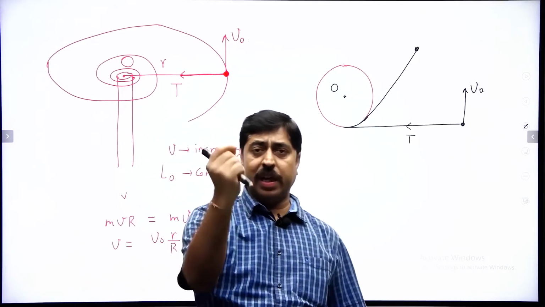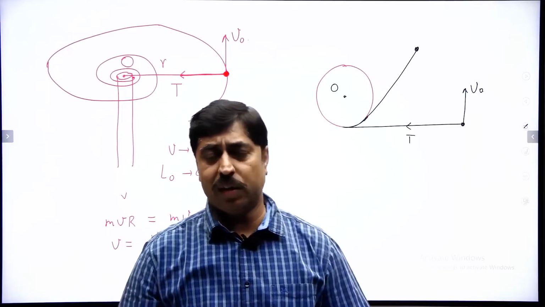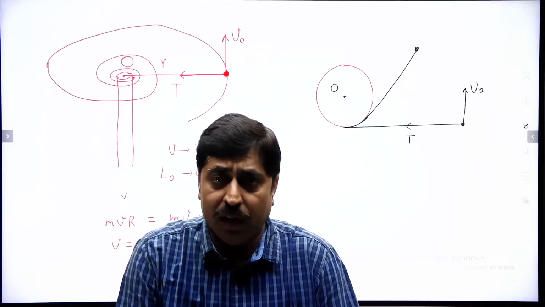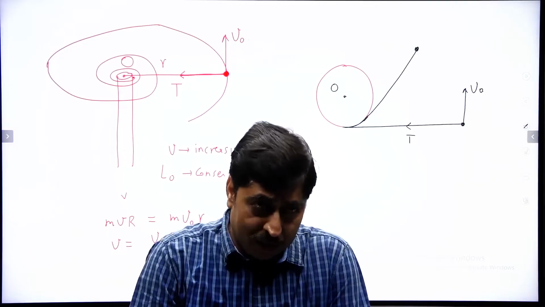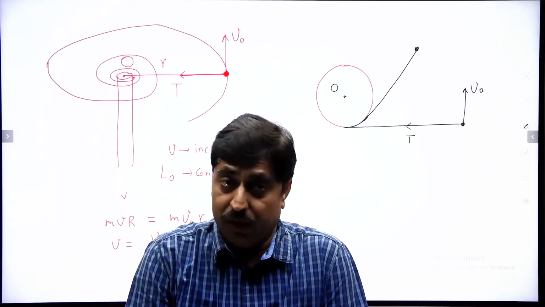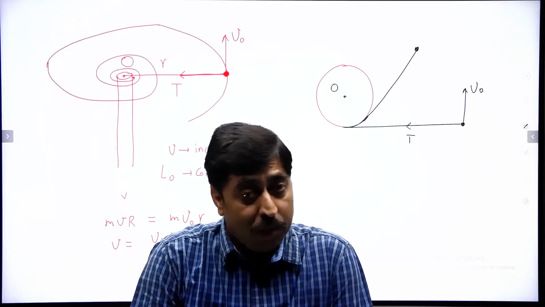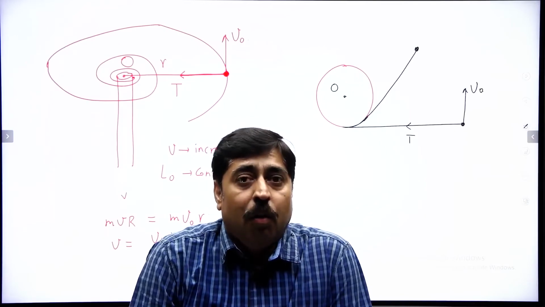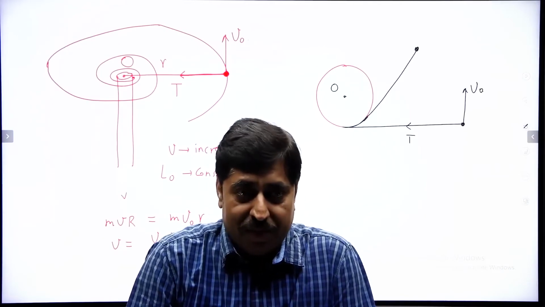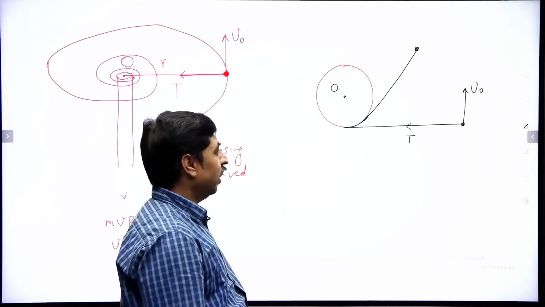So, because there is a net torque acting on the particle about the concerned point, we cannot claim that its angular momentum will remain conserved about O. In fact, it will change. Are you getting my point? But what about its kinetic energy? If you look at the situation carefully,